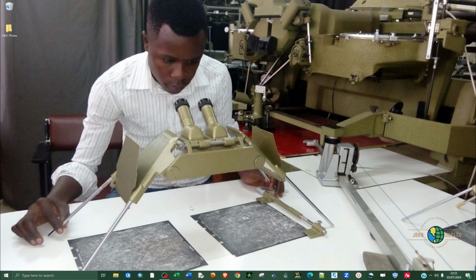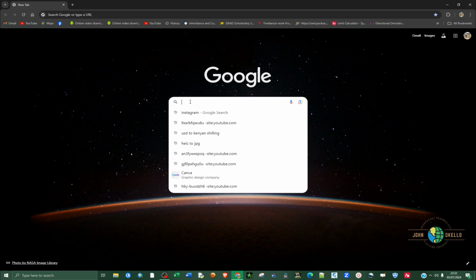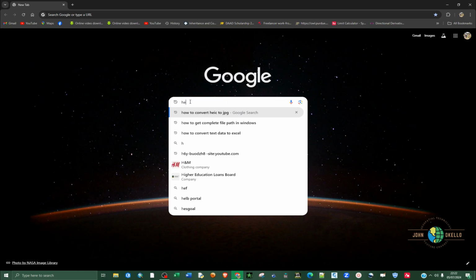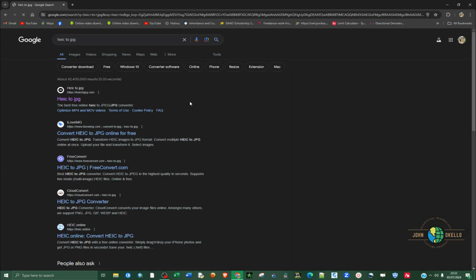So we now move to the second method, in which we're going to open up a browser. You can open up any browser. For this case, you're going to use Chrome, and then you need to type in HEIC to JPG, and then you hit enter, and then select the first link, or